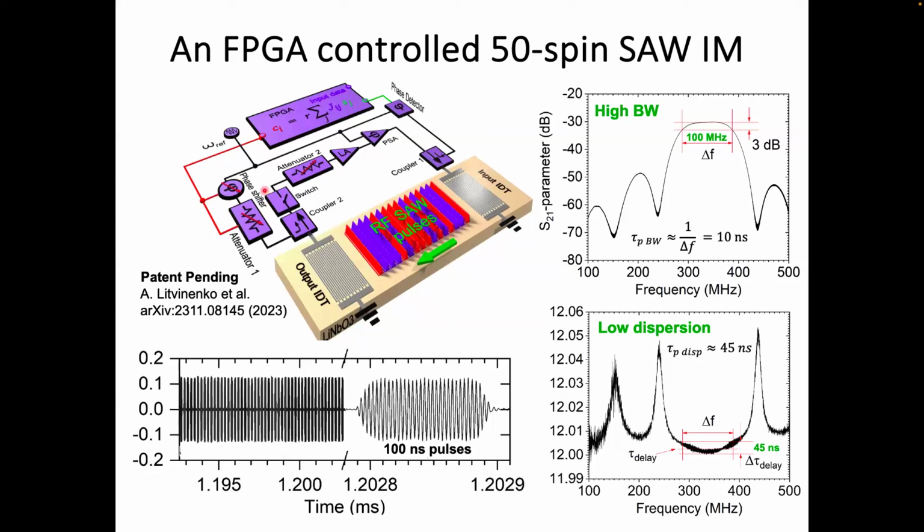This is what it looks like. Here is one such pulse, about 32 periods of that 300 some or 320 megahertz signal. And this is a blown up scale. Every spike here is actually one such pulse. So they're separated by about the same spacing as well. So that works well in the waveguide.